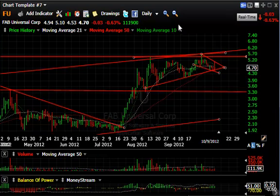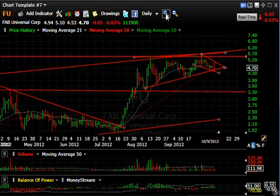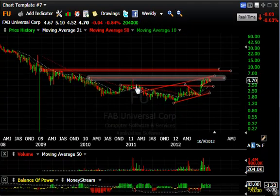FU, well, this used to be Wizard Software. They formalized the merger today and changed the symbol because the company is now Fab Universal. And as you can see, it did spike up and pull back. It's very thinly traded, but it's the kind of stock I think on a long-term basis, if you look at the long-term chart, having moved out across the pattern here,